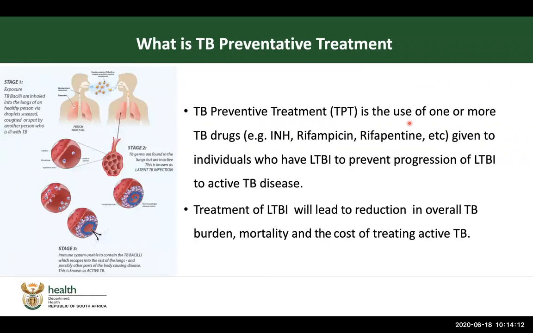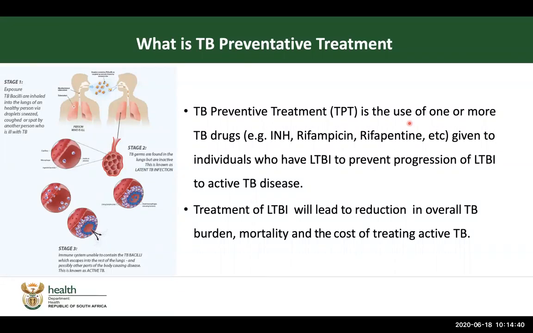The treatment for latent TB infection is called TB preventative treatment, and it is the use of one or more TB drugs. This might include INH as a monotherapy, INH with rifampicin, which is what we are going to discuss today, but also rifampicin has also been identified as part of this group of treatments classified as TB